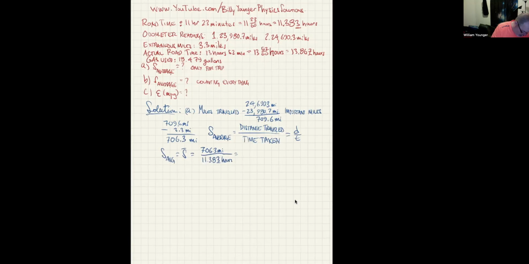So this is actually going to give it to us in miles per hour. So I'm going to do 706.3 divided by 11.383. Remember, that's one extra sig fig. So we should have exactly, there's 4 sig figs from the bottom number and 4 sig figs from the top number. So we should be able to round this to 4 sig figs. So the average speed is